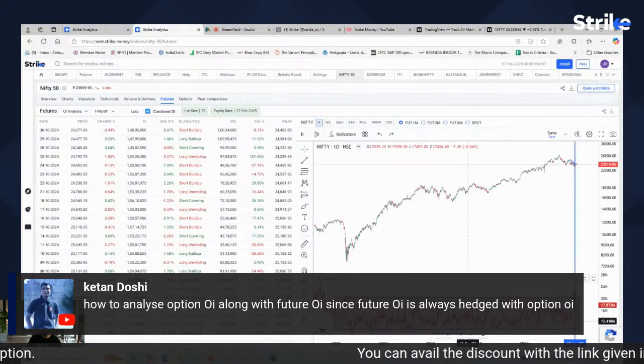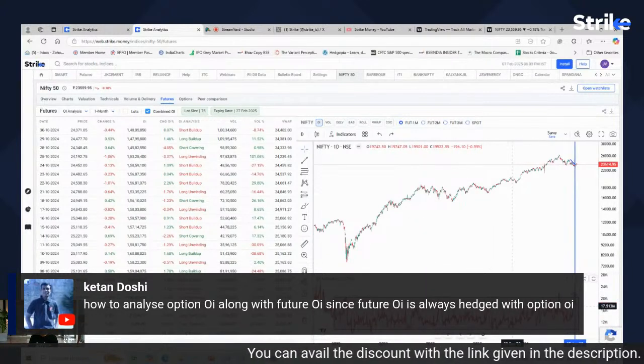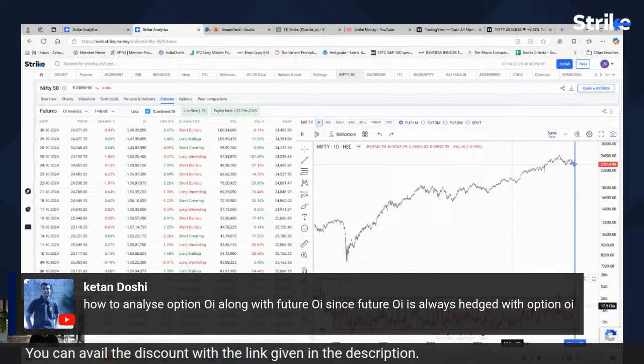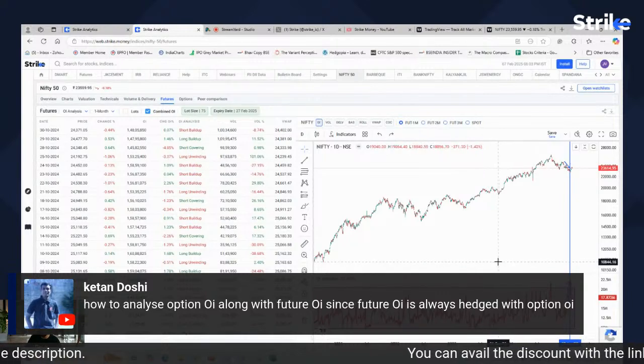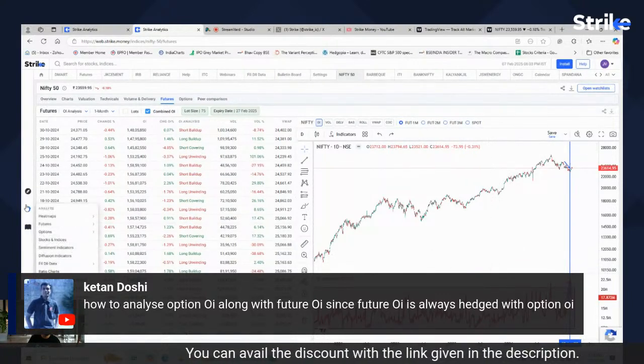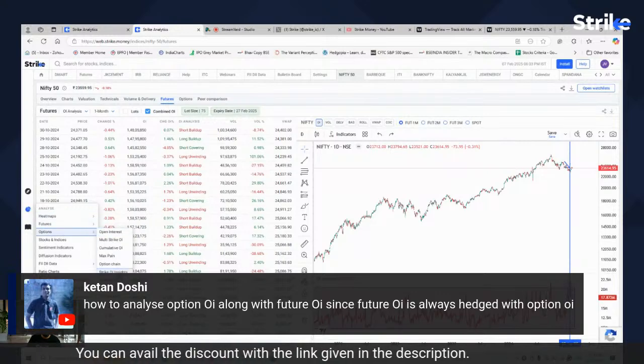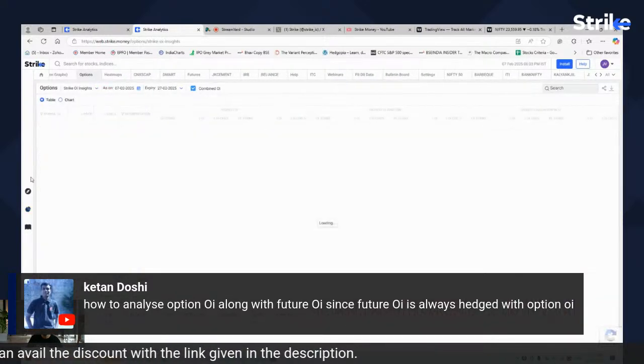So I would say that people who want to build a clean position, they usually build it in futures. Options, I see it as a hedging tool. And options में भी मुझे ऐसे लगता है कि whatever data that you see is only relevant from a short term perspective. So we have actually made an entire screen for that, strike OI insights in options.